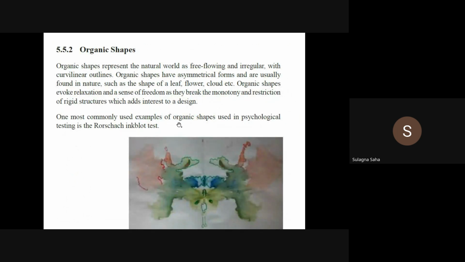Coming to the organic shapes, they represent the natural world, and they're very free flowing, very irregular, asymmetrical at times. They can have certain repetitions, but the repetition doesn't have to be very regular. The idea of using organic shapes is to create a sense of relaxation and freedom, so that the monotony and the restriction of structures are